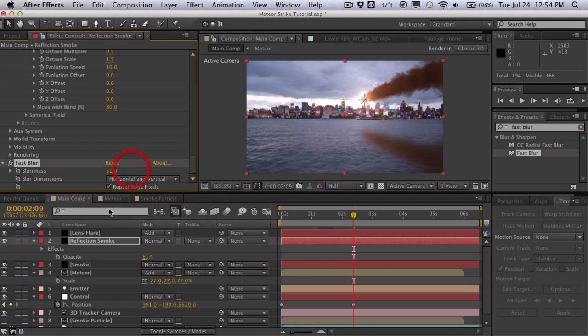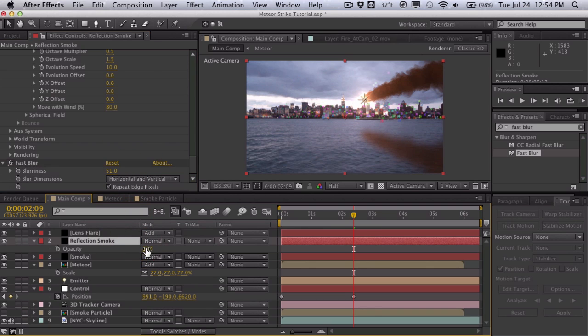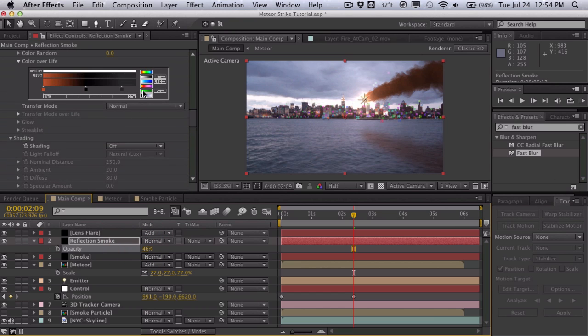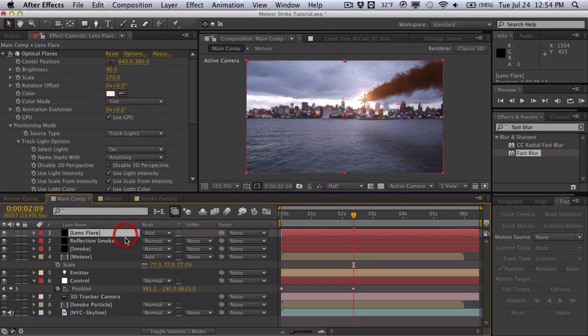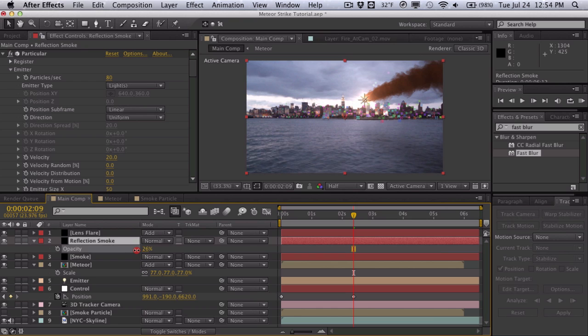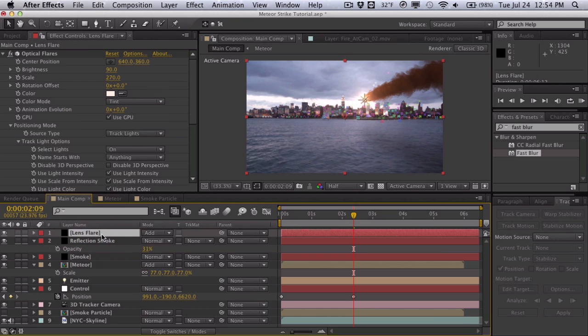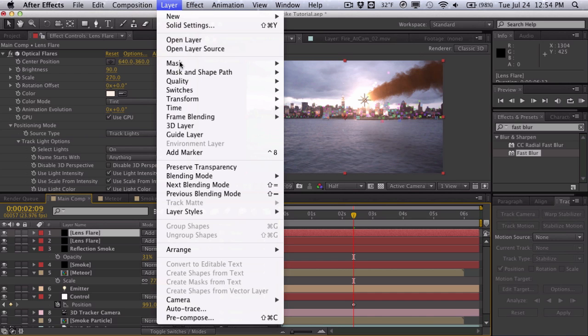And then you want to decrease the opacity even more. And we may want to go into the color here, and we'll just set it to black to be very, very generic. We'll even blur it out a little bit more, and then decrease the opacity. And we'll do the same thing for the lens flare. We'll just duplicate the lens flare. We'll flip it,